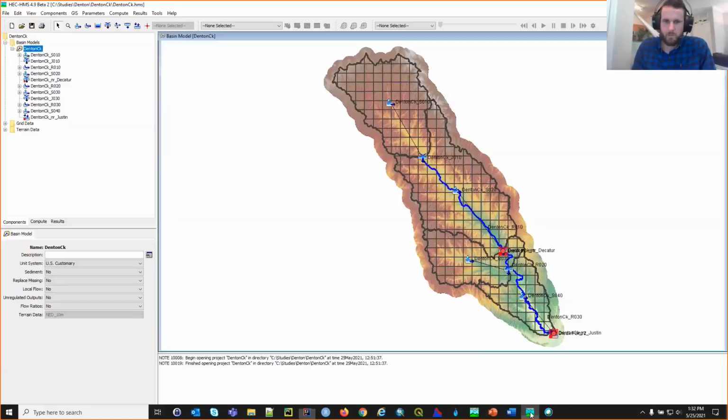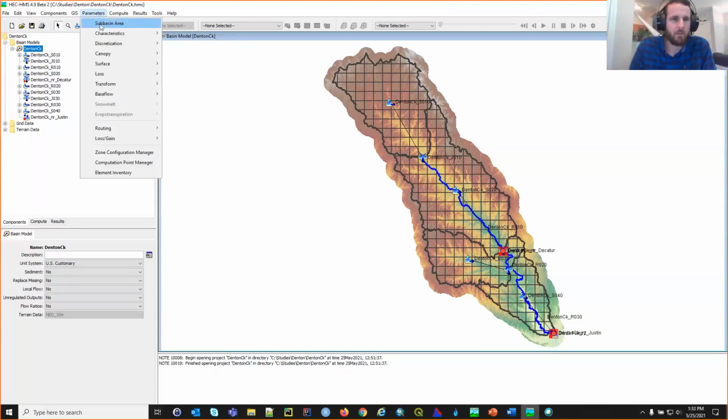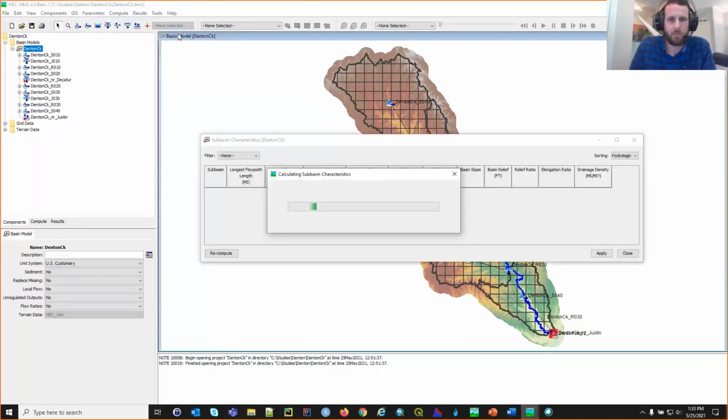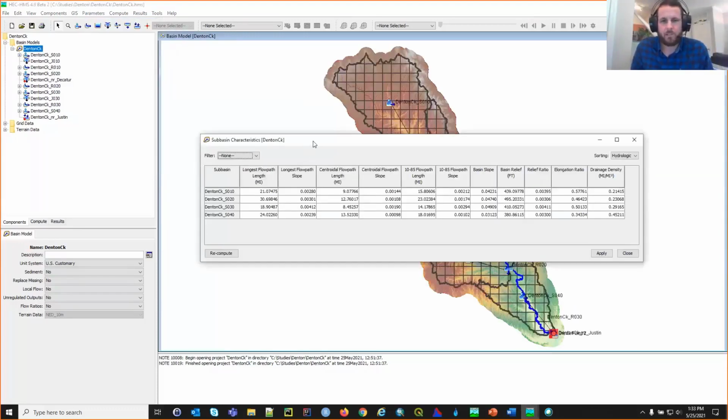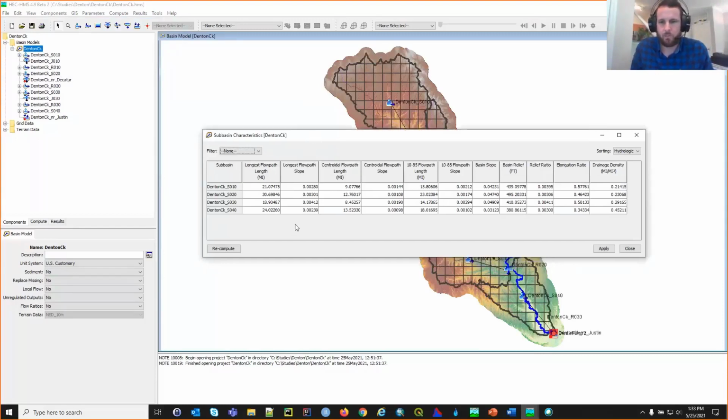So with that, I'll go ahead and jump right back into the demo. And again, this is where Tom left off. One change that I did do was I renamed some of the elements here just to make the names a little bit more meaningful. But I'll come up here to the Parameters tab, and then underneath Characteristics, we'll go ahead and compute subbasin characteristics. So the first time that you access this table, these characteristics will be computed on the fly. And you can see we have about a dozen or so different characteristics, different sorts of flow paths